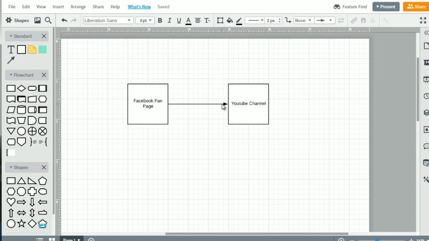Now, if we dig a little deeper, basically what we want to set up is every time we upload a YouTube video and it gets posted, maybe it gets posted publicly, what ends up happening is we push that YouTube video and get it embedded onto the Facebook fan page, the Twitter page, the WordPress page, and all of that.